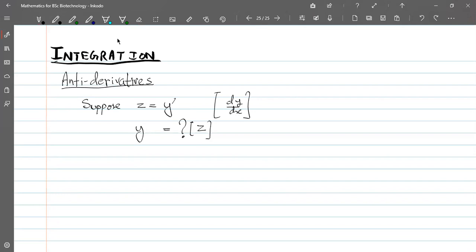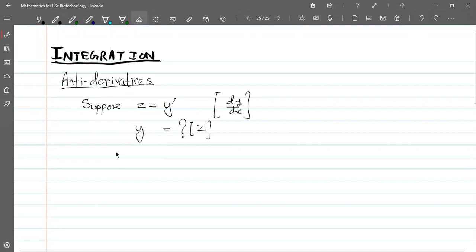Obviously, the inverse differentiation, right? Inverse differentiation, not differentiation of an inverse function again. Don't confuse it with that. Inverse as in anti-differentiation, I'll call it. So y must be the anti-derivative of z. We're not saying that it's equal to something we already know. We are defining it to be what is called the antiderivative.